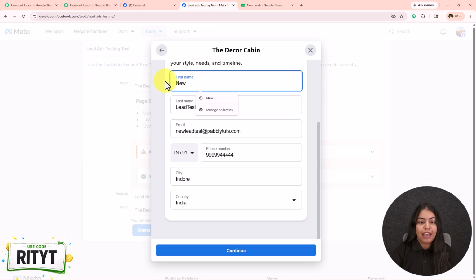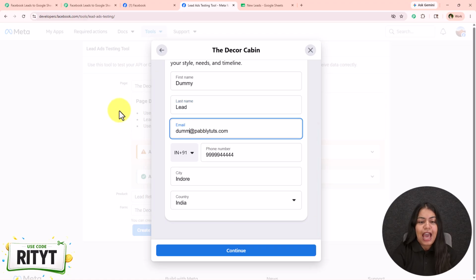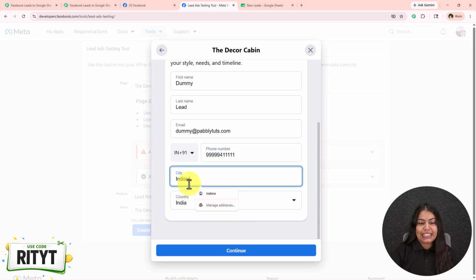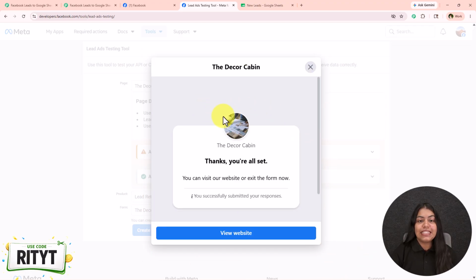For the first name I'm just going to keep it as dummy right over here. For the last name let's just keep it as lead only. For the email let's keep it as dummy@pabblytunes.com. For the phone number I'm just going to keep the phone number as this, city as Indore only, and the country as India. Now let's just click on this continue and then submit, and we have successfully submitted this